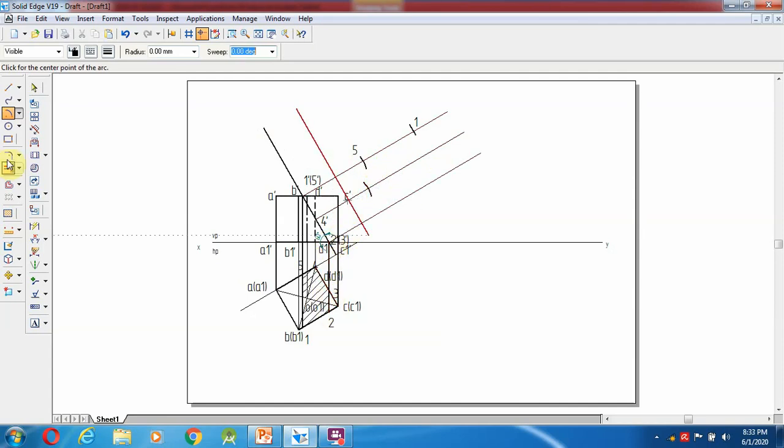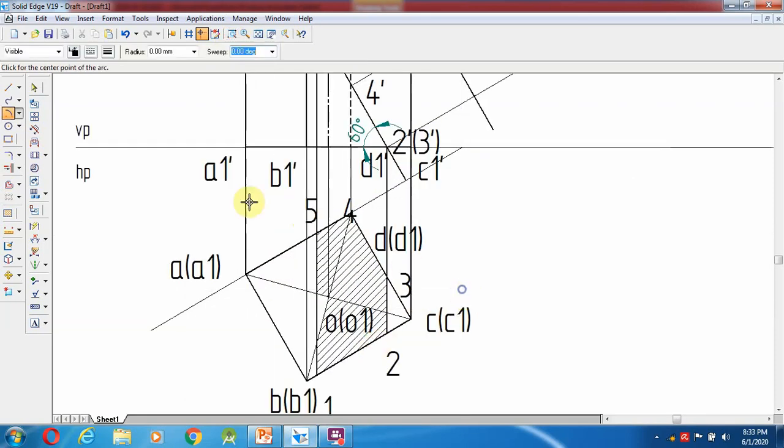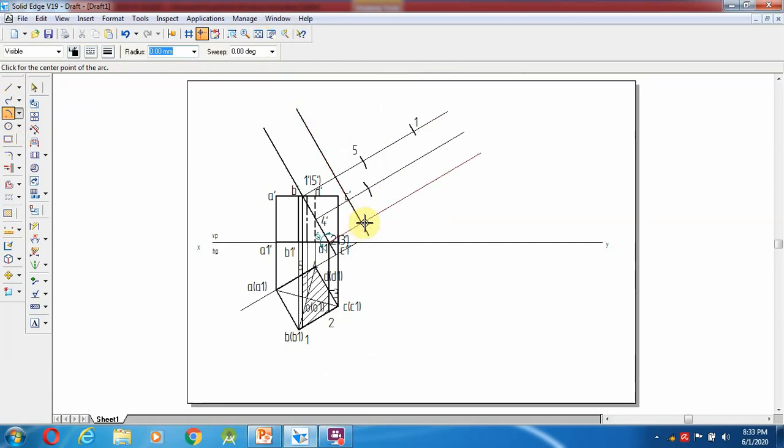From here, check the distance from this point to here. So what is the dimension? 31.48. Select a line from here, give fit, 31.48.